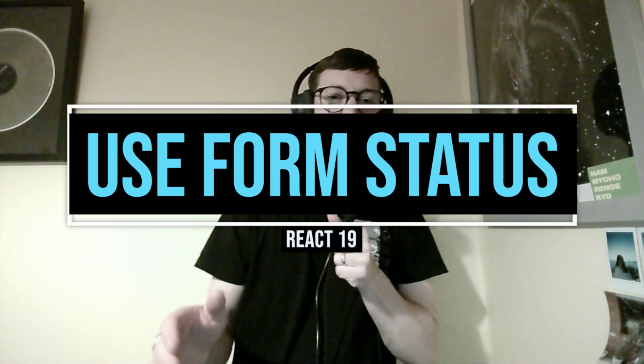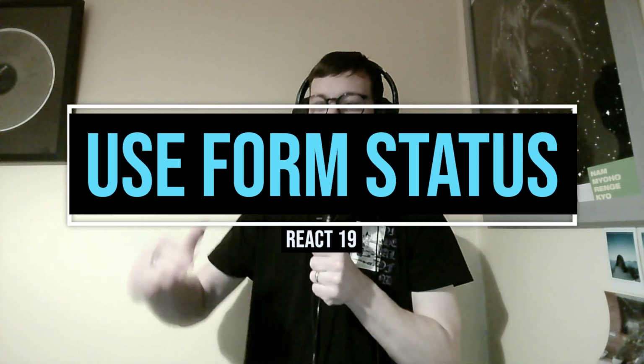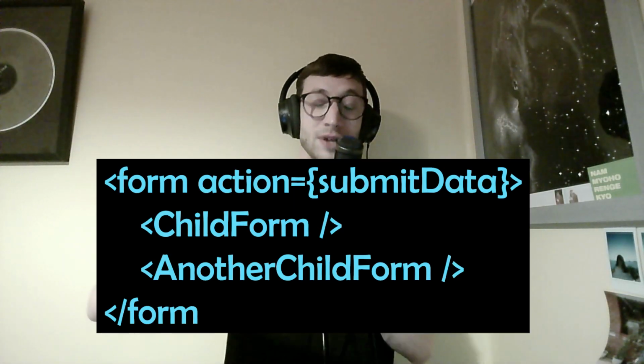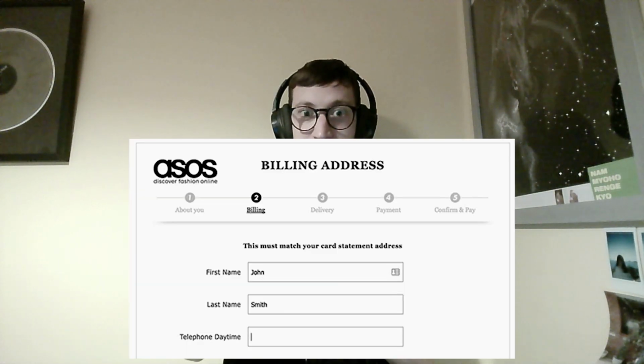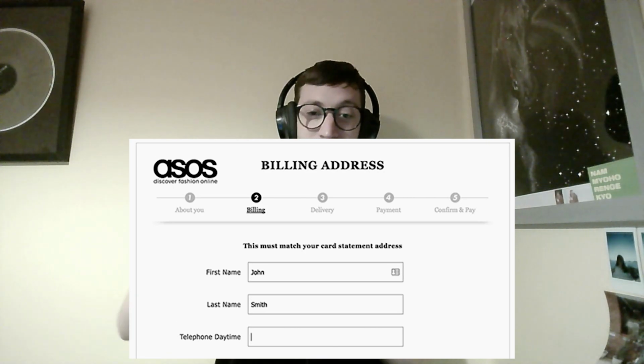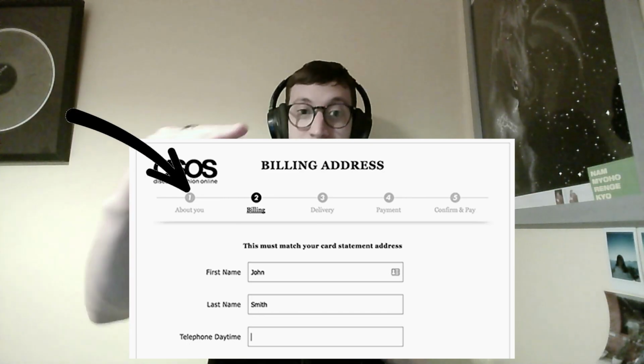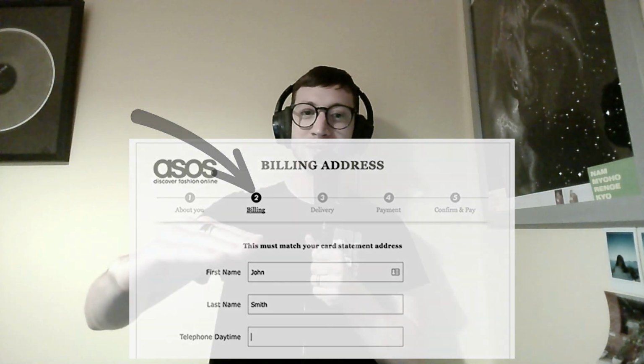useFormStatus, in a nutshell, helps you share form states, pending and data specifically, across child components of a form. Where is this useful? The only place I can think of is if you have quite a complicated form which has multiple subforms within it. For example, a form that captures personal information, then address information, and maybe business information. All of those might be subforms within the parent form, and you can share states across all of